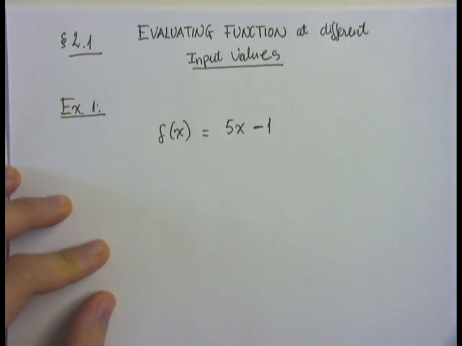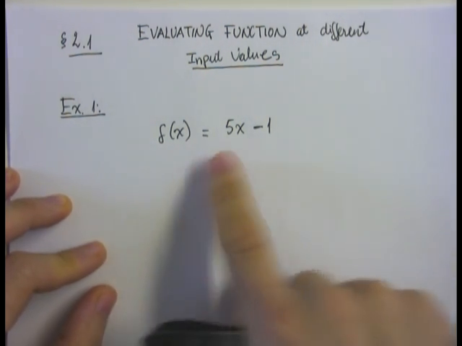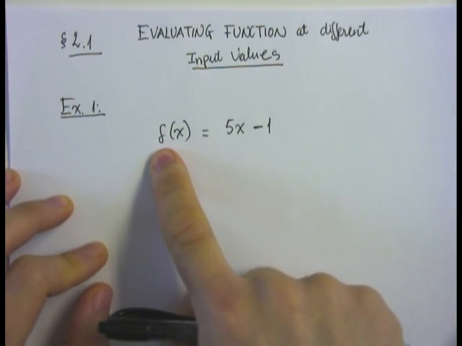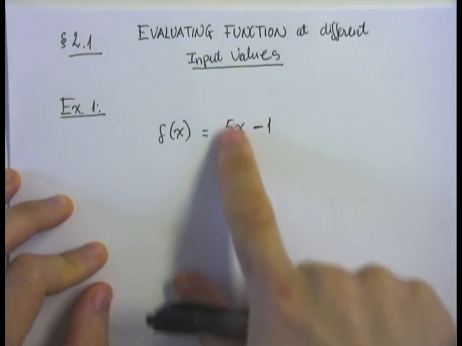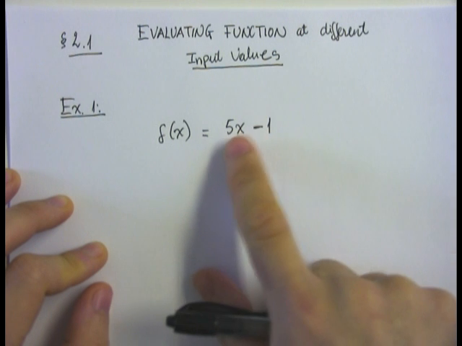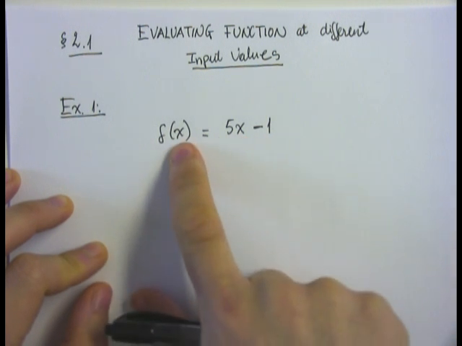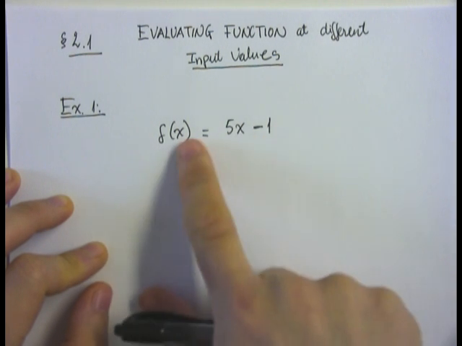Okay, so once again, as a quick review, this function notation means the lowercase f in front is the function's name, and it comes along with some sort of formula that involves the variable x. So the x here is telling me that the x in the formula would be the